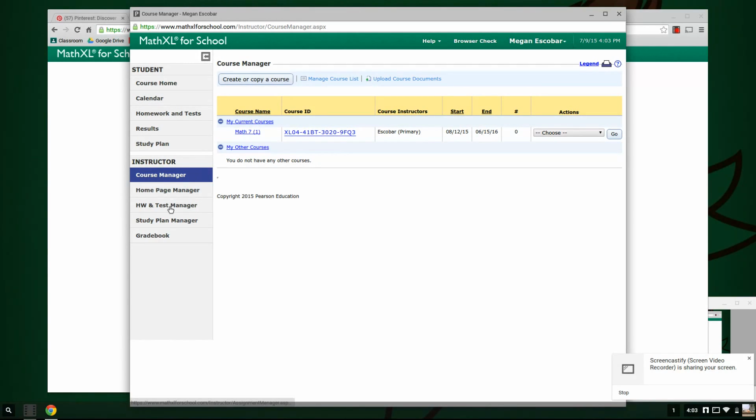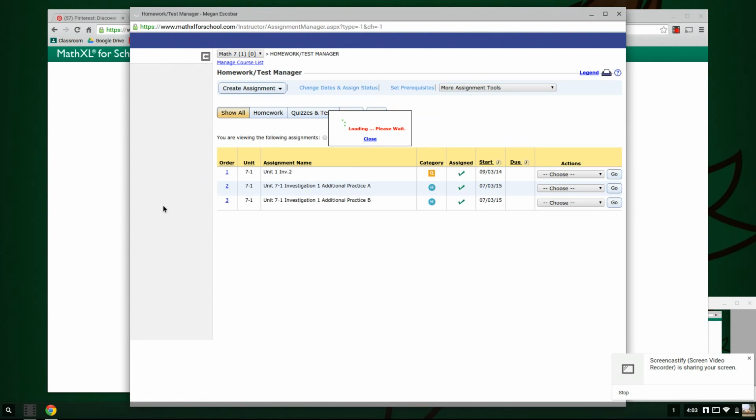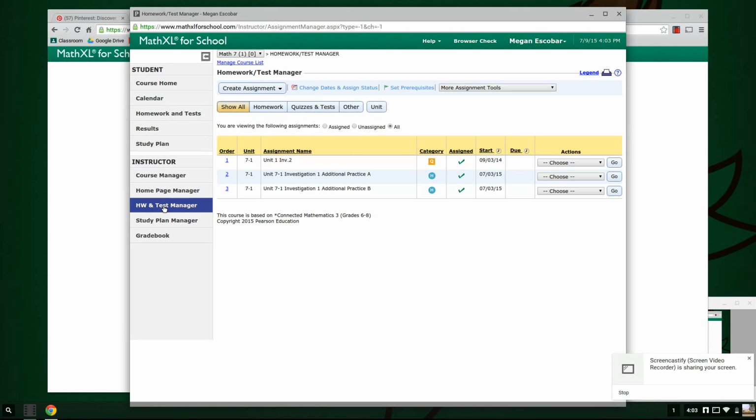Then I'm going to come down to the homework and test manager. If I click here, you can assign students homework, quizzes, and tests that they can either take by only using our IP address at school, or they can take it anytime. You can choose that in your settings for your course manager. So here, you can see I have a few things already put into my program. But if I click homework,